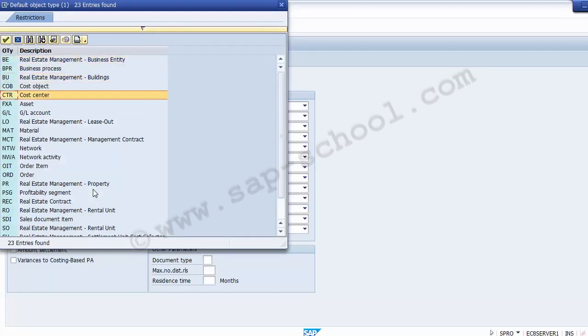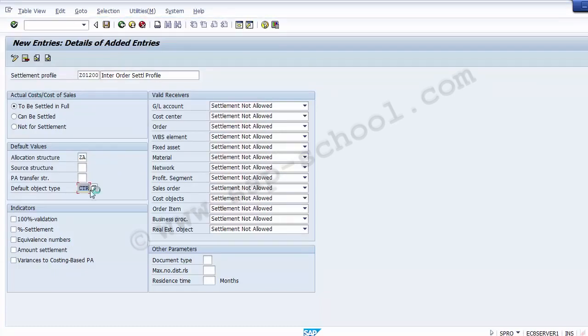However, there could be different receiver objects in this. As you can see on the screen, there can be a cost object, cost center, assets, GL account, material, network, order item, even profitability segments. The one which we will be taking as of now is the cost center, and that has been selected over here. Moving to the next now is